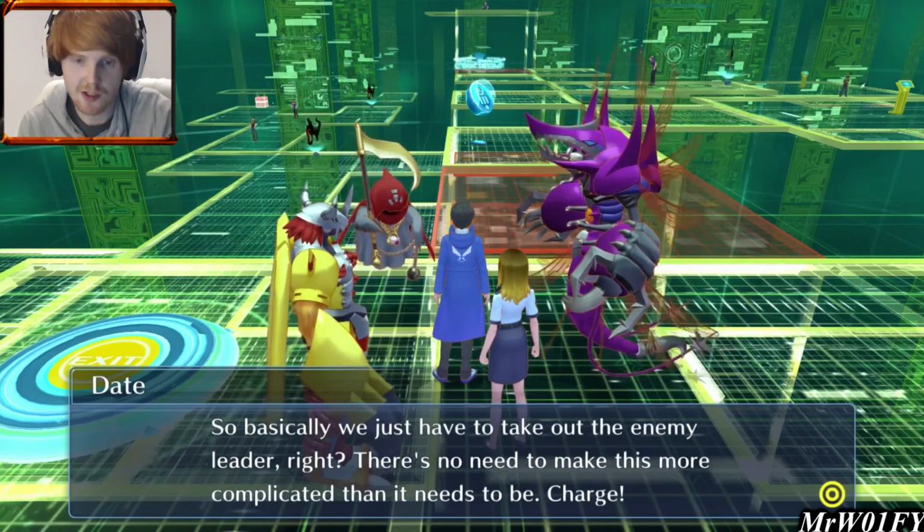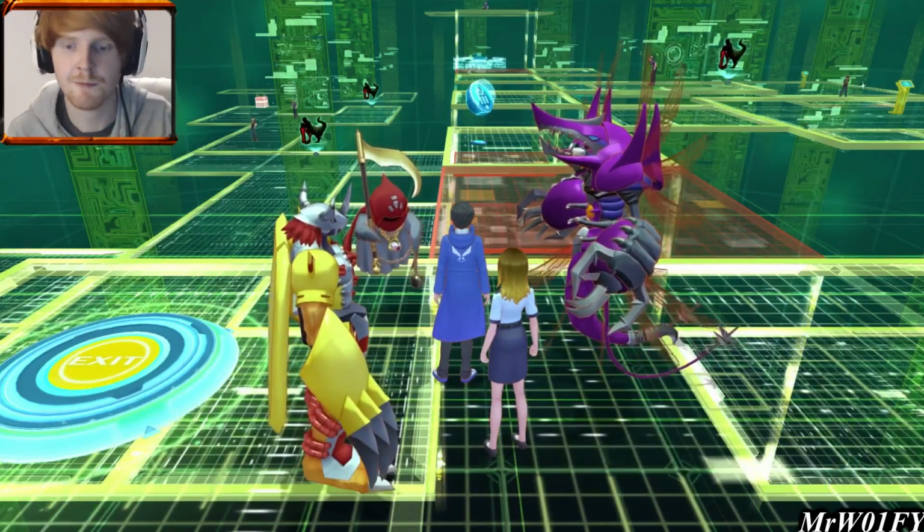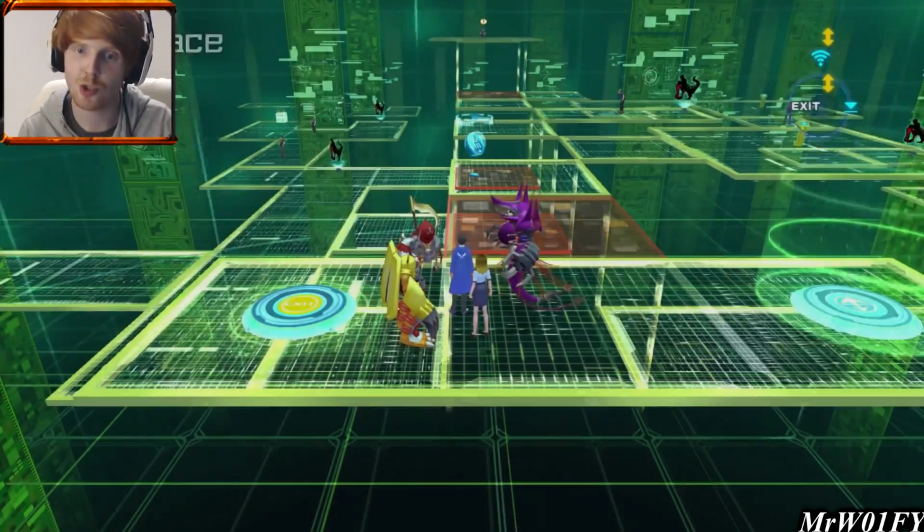So basically, we just have to take the enemy leader, right? There's no need. Dude, I said that so fast. That was like Busta Rhymes. If you guys ever have a problem understanding my accent, then at that point right there, you were just like, whoosh,